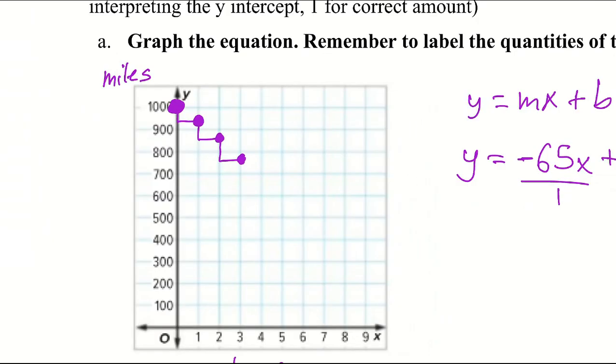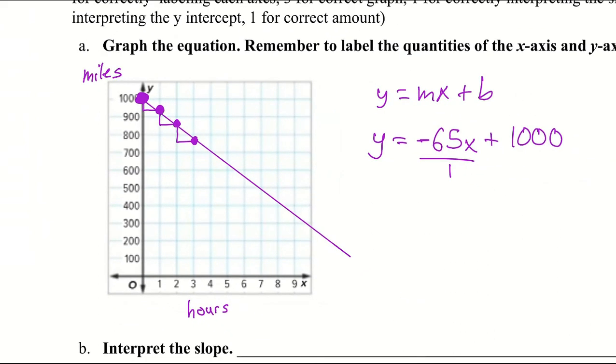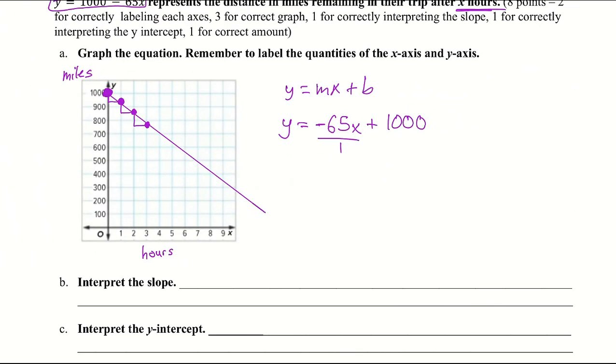And then just connect your line. I'm a little bit off somewhere, but it's kind of close. It's close enough for me. All right? So that's what we've got. So in this problem, interpret the slope, which is the -65. For explanations, there's a lot of different ways that you could do this. So interpreting the slope, which is at -65,